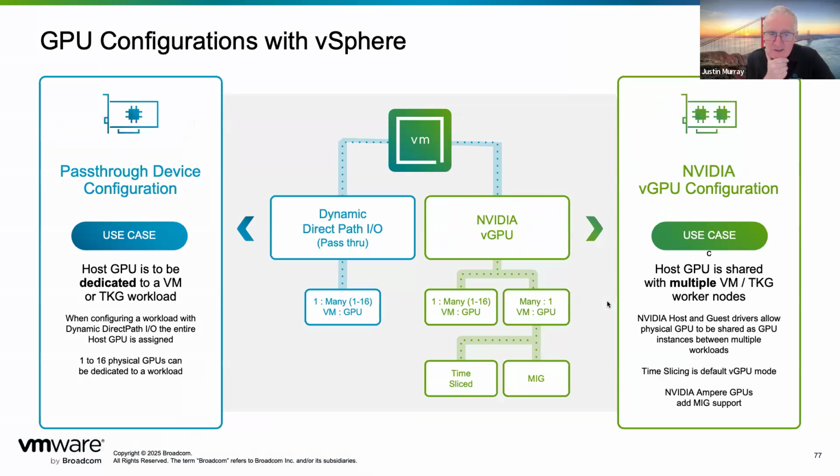There are two ways at least of using GPUs on VMware, on VCF. One, as indicated by Raj's question earlier, is dynamic direct path I/O. And what that means is the full GPU must be allocated to one VM. You cannot share the GPU across two VMs. You cannot vMotion if you're in dynamic direct path I/O.